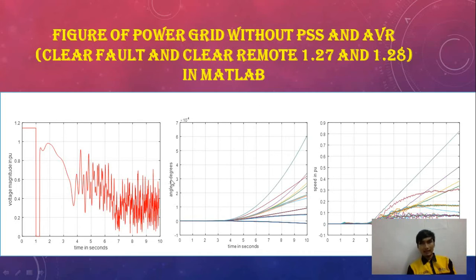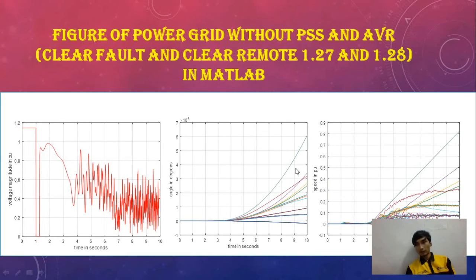Figure 2 shows the angle in degrees versus time in seconds, and the angle of the generator increases after 4 seconds, and all of the generators increase. Figure 3 shows the speed in PU versus time in seconds, and the speed increases after 3 seconds, and the highest generator is about 0.8, something like that, to maintain